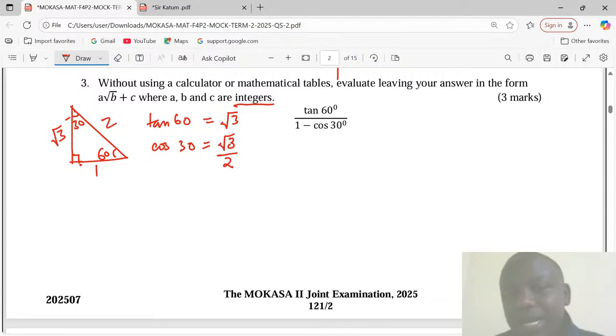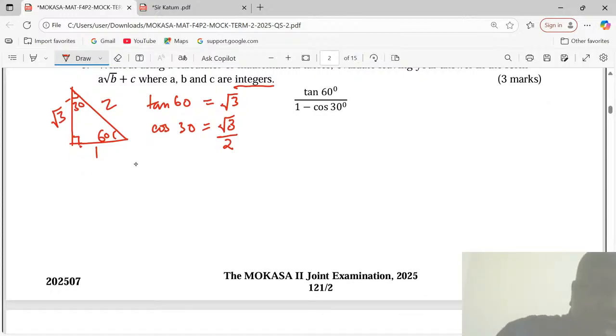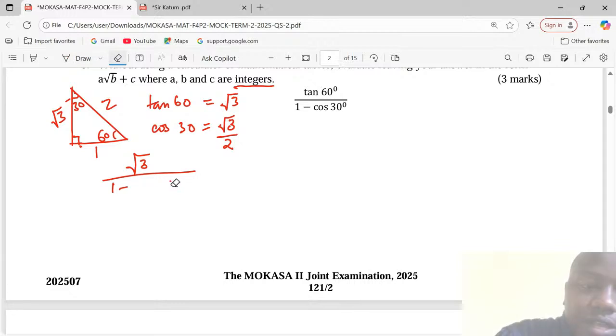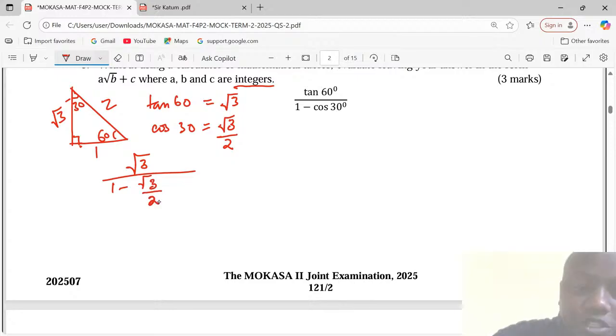So now we can reframe the question and start with the root of 3 over 1 minus the cosine of 30. We write the cosine of 30 as the root of 3 over 2. So now if we are to simplify this,